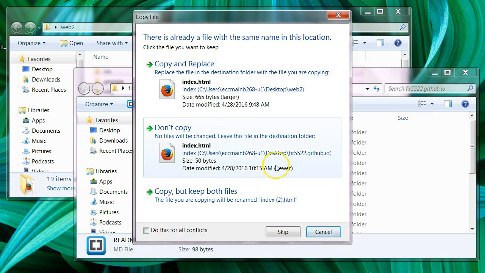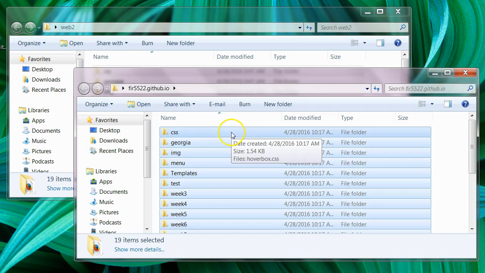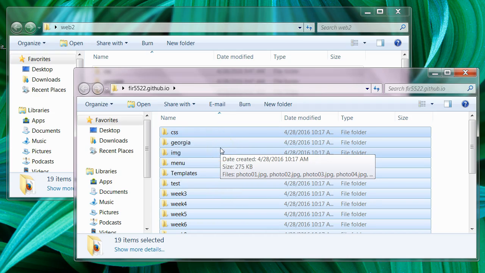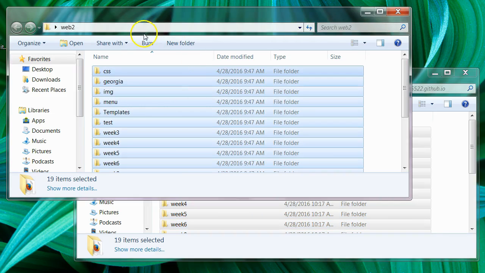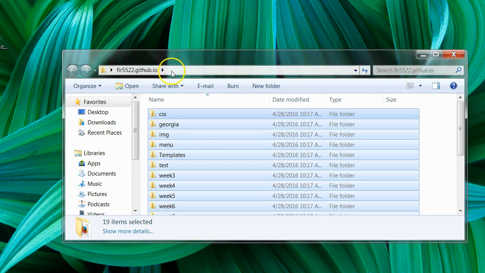That way, there is already an index.html, that's hello world. I want to replace that. Copy and replace, so that then I'll have a new index page on my website. And so now I have two copies of all my files. There's one in my Web 2 folder, which I will close now. And there's now one in my